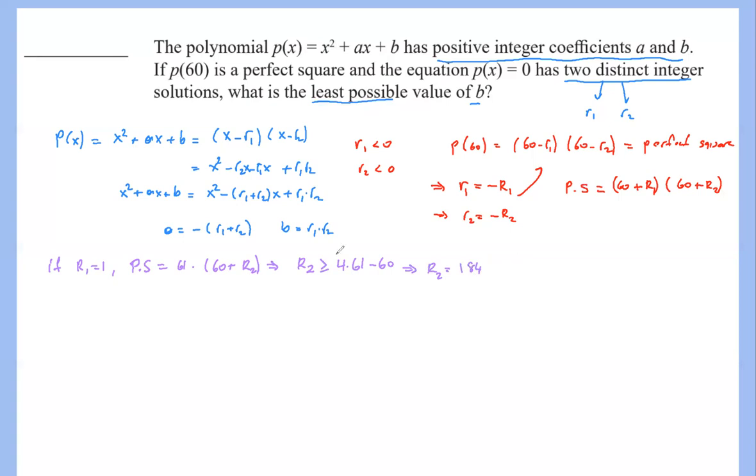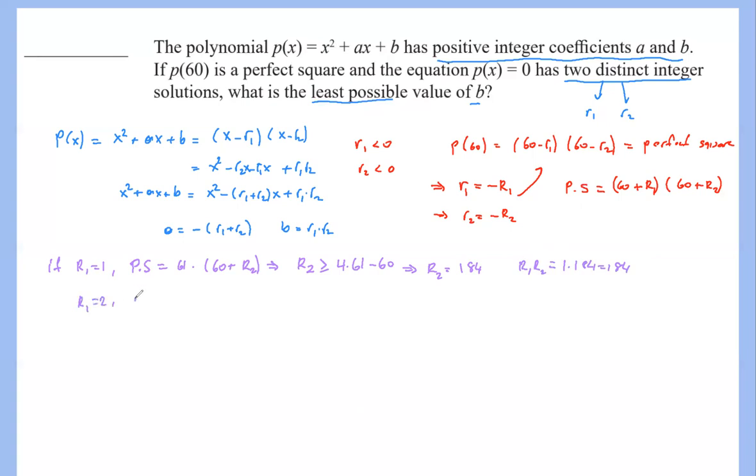So then the product of R1 and R2 is what we are looking for. R1 is 1, R2 is 184. So that should be 184 at least. So this is the first case. So if R1 is 2,